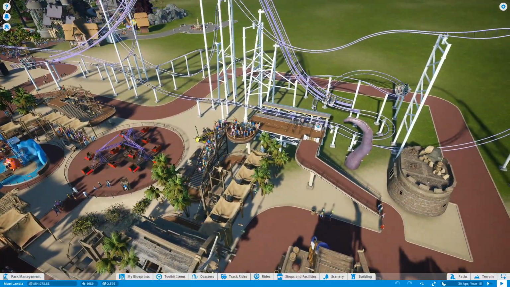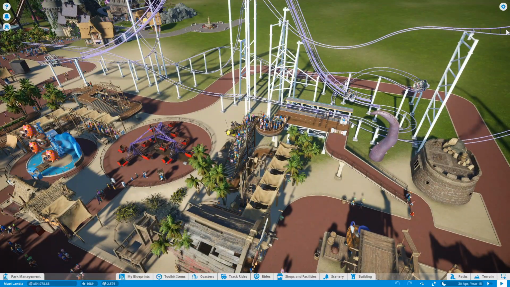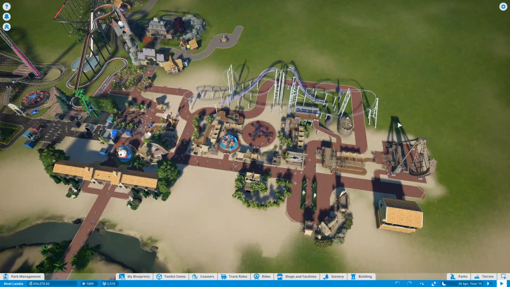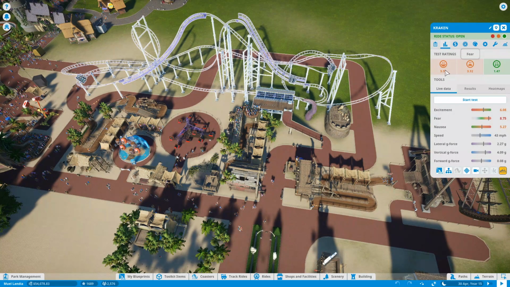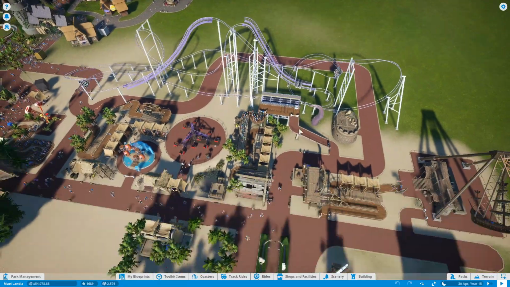This coaster here, which I have aptly named the Kraken, I had this as a first coaster. It was really rubbish, and I eventually, as I moved this pirate section from the middle to over more towards the right, I was able, with enough funds, to make it into a coaster that I think is semi-decent. May not be the smoothest, but it's got decent-ish stats. If I have a look, maybe not the best,